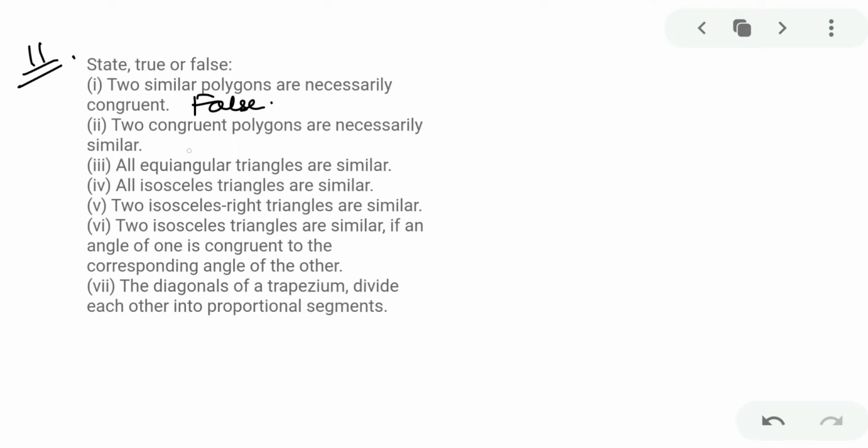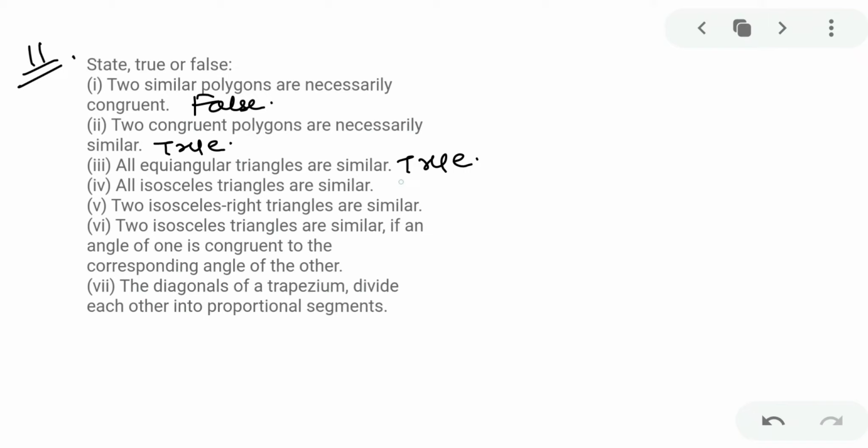Your second is two congruent polygons are necessarily similar. Yes, it is of course that congruent हैं तो similar हो सकते हैं. So you can say similar होंगे ही. So that will be true. Your third is all equiangular triangles are similar. अब equiangular अगर same angles हैं तो वो similar हैं. हाँ, मैंने बताया था कि आप angle की property ले सकते हो. अगर तीनों angles same हैं तो आपके दो angles same ही होंगे naturally, and 2AA postulate से हम लोग कर सकते हैं. So that is true.